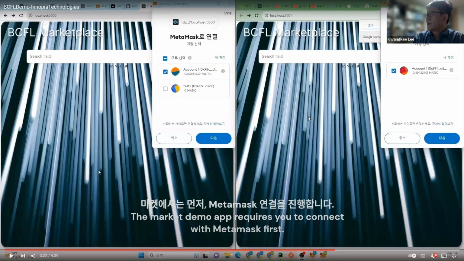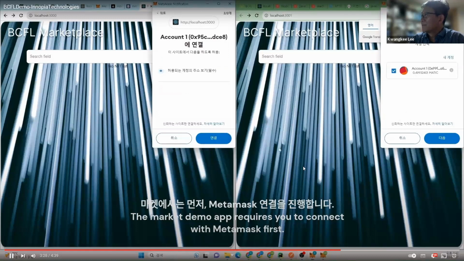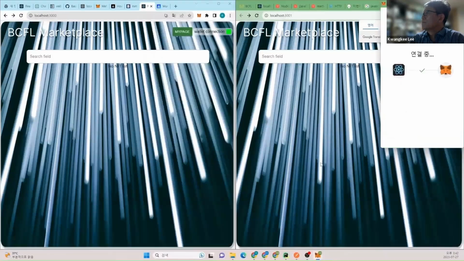And this is the demonstration. The final model is NFTized, and then can be transferred to the marketplace, and the buyer and the seller can exchange their information through this demo.